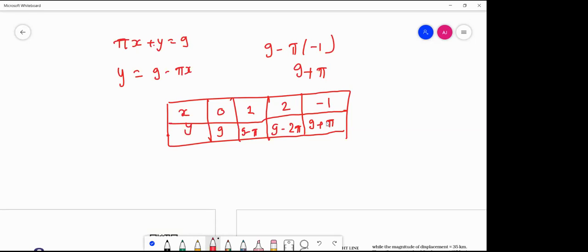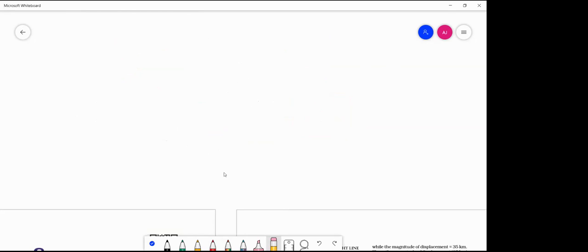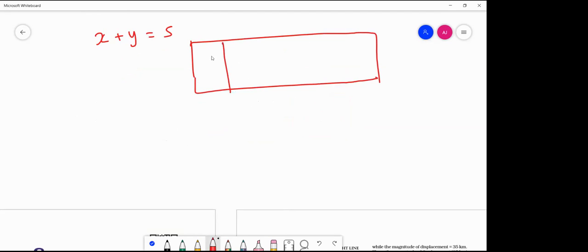And if the question asks you to find or represent it in a graph, अगर आपको क्वेश्चन बोला है कि इस जो इक्वेशन है, इसका जो आपने सॉल्यूशन निकाला है, इसको ग्राफ में रिप्रेजेंट करो, तो बस क्या करना है, ग्राफ बना देना है, जो कि मैंने पहले वाले क्वेश्चन में आपको बताया था, है ना। जैसे कि मैं एक क्वेश्चन लेता हूँ, x plus y equal to 5. If I want to find the solution, it will be like x, y, then just put different values of x. So to make a graph, to make the equation of a line, you need only two solutions.